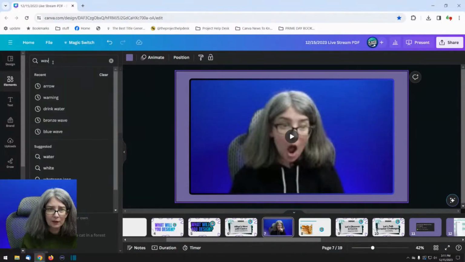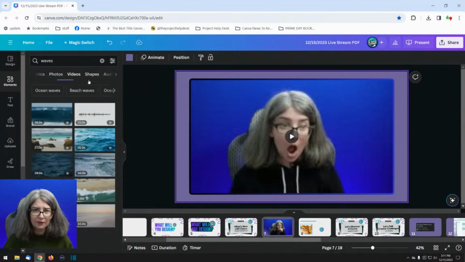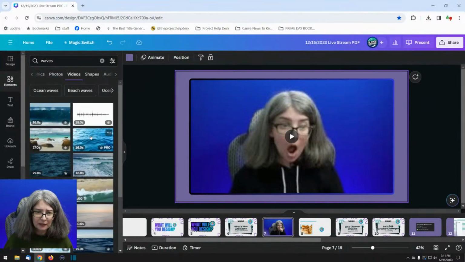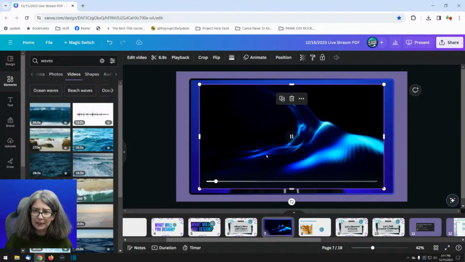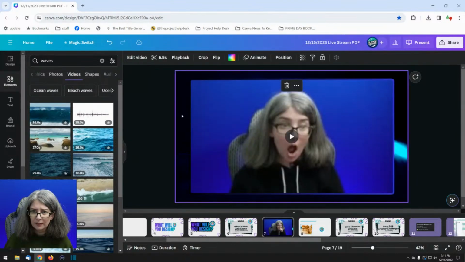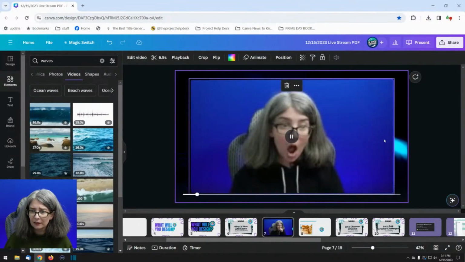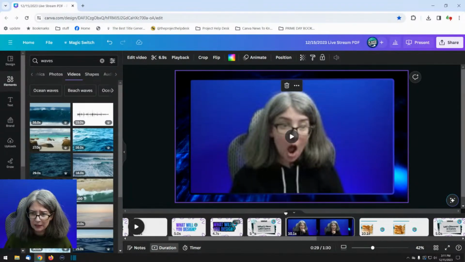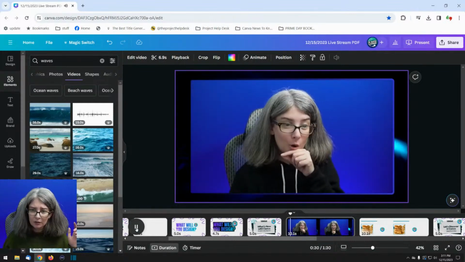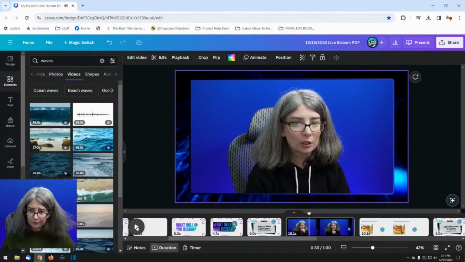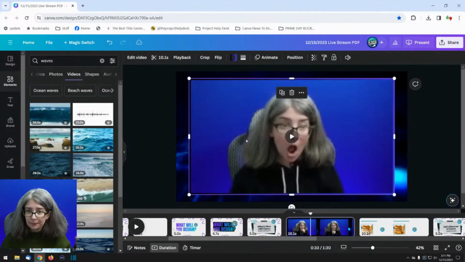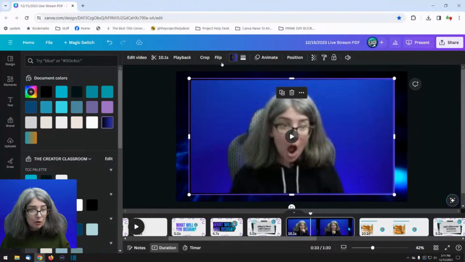What if I did some kind of waves back there with a video, and it was just something that's probably not slow enough, but something like this where both of them were moving, right? It would look something like this, where the background is moving at the same time that I'm speaking. What if I wanted to have that in my video? So that would be a cool way to use the gradient border.